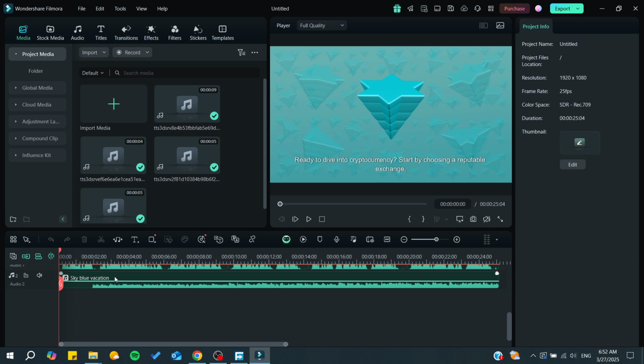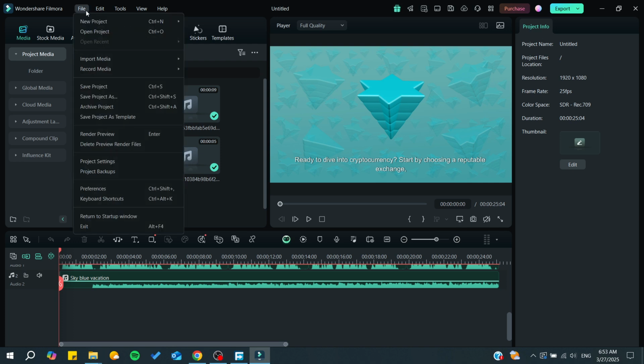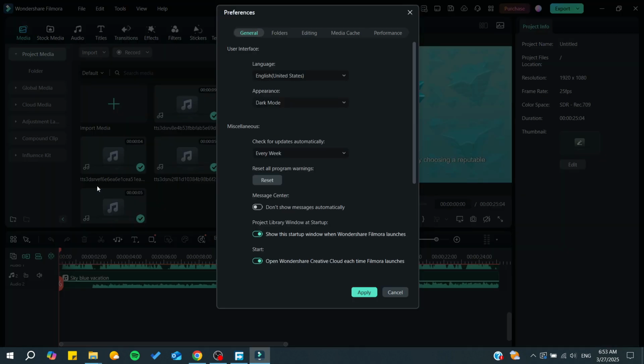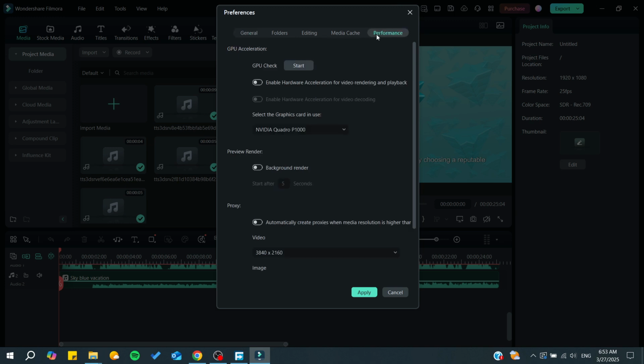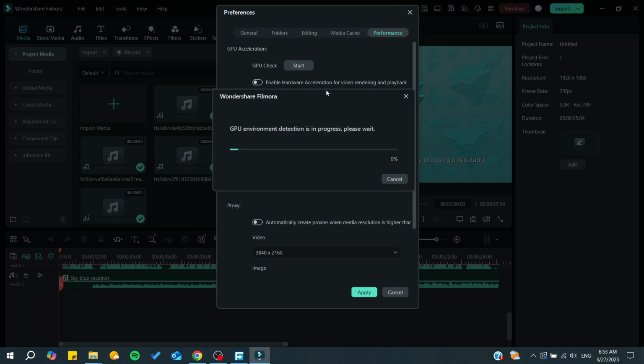minimum requirements. And another thing you can do is start changing the settings. Basically, you will need to go to preferences, and from there we will be able to change something that might give better performance. So here in the performance you can use a GPU check, and basically, if you have a